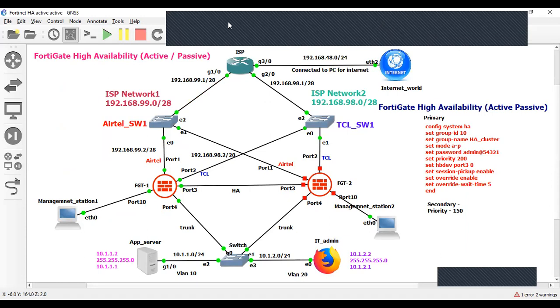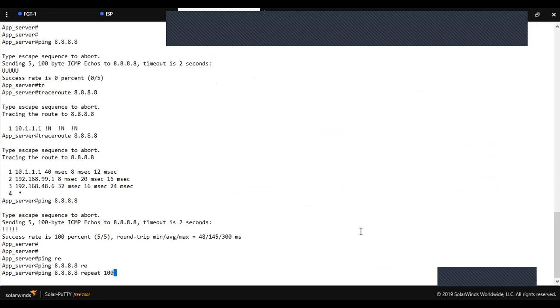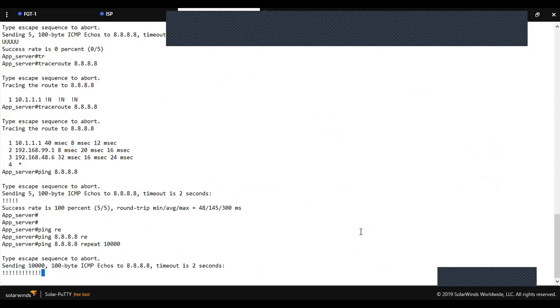I hope it will be successful. As you can see, I am able to ping. Let me repeat ping 8.8.8.8, repeat 10,000.